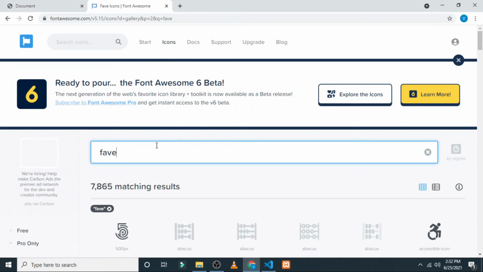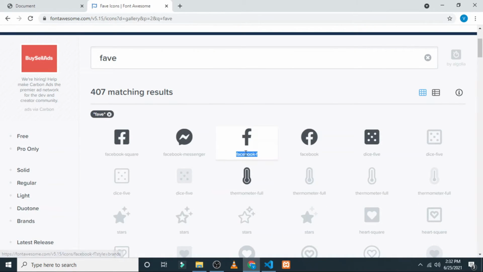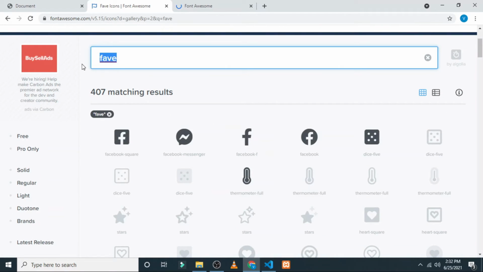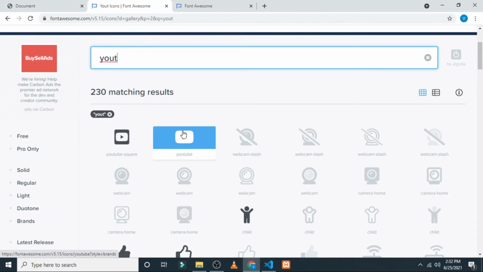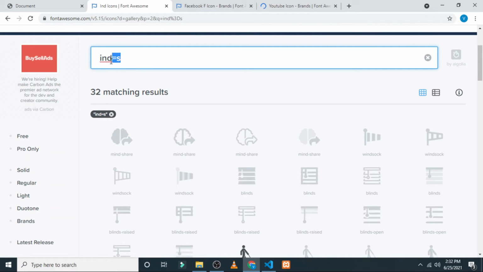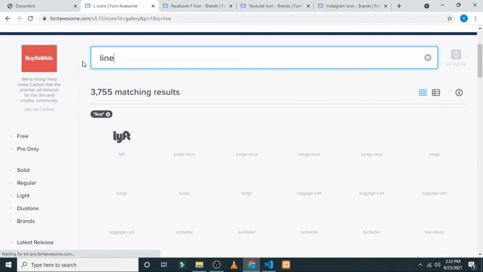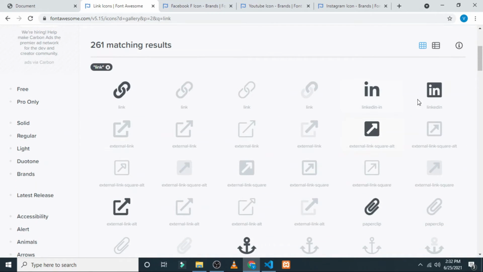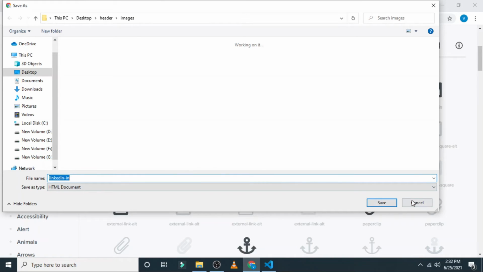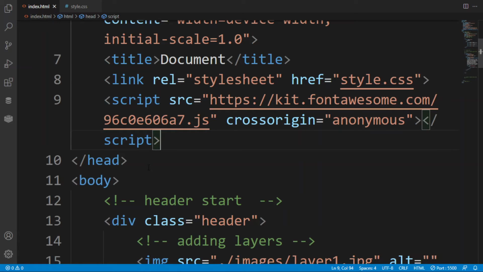So here in this icon, I want to create the Facebook. So just open it in a new tab with a right click, then search YouTube. So these are the famous results. Open the YouTube in a new tab. Here I am giving the Instagram. So here is the link in the new tab. Now I want another link, that is LinkedIn. This is the app where all the bachelors, or you can say freelancers, find work. So right click and open in a new tab. So I have opened it 5 times.